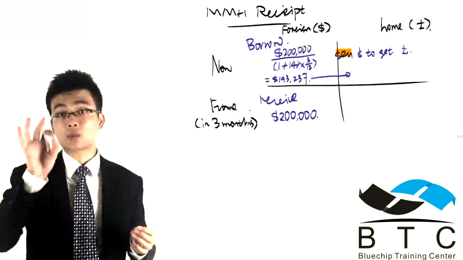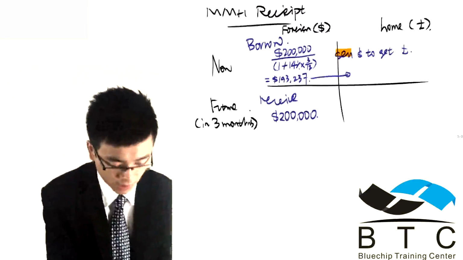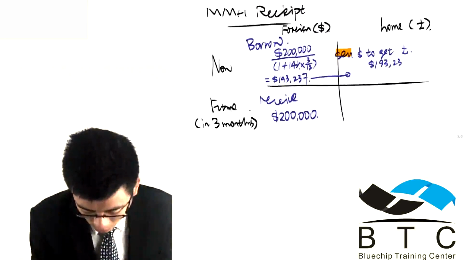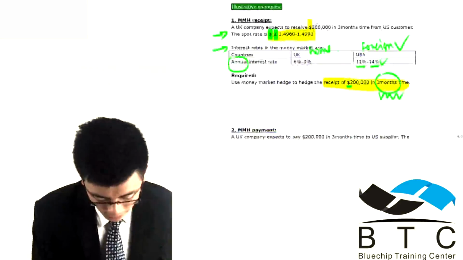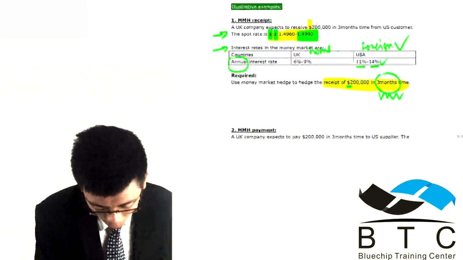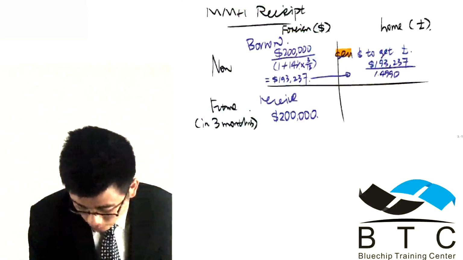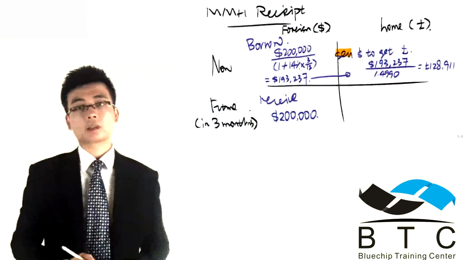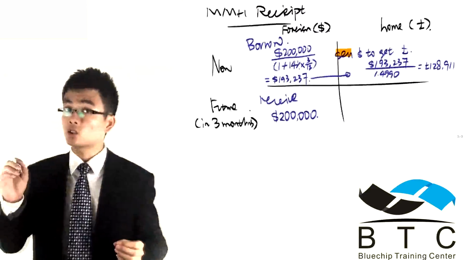So from that perspective, we're going to divide by a higher figure to give us a lesser amount of money. So we're going to take 193,237 divided by the spot rate, which is the higher figure, 1.4990, giving us 128,911 pounds. But since we've got those pounds in hand, what we're going to do is try to deposit